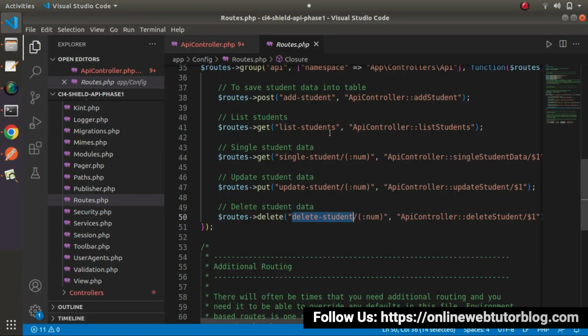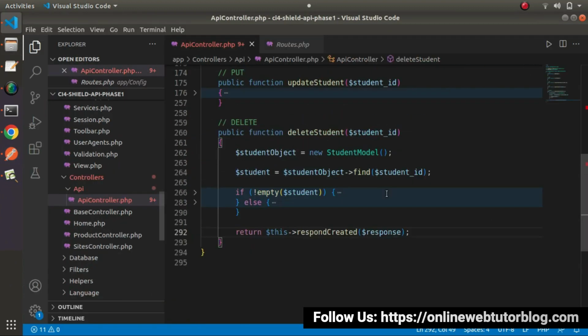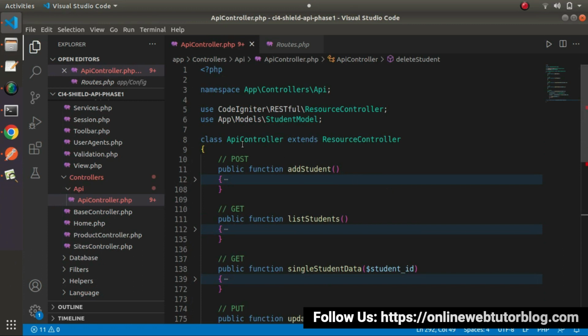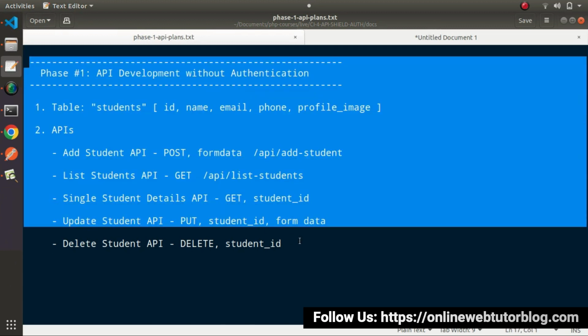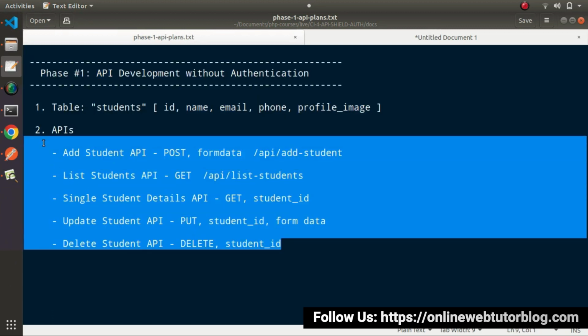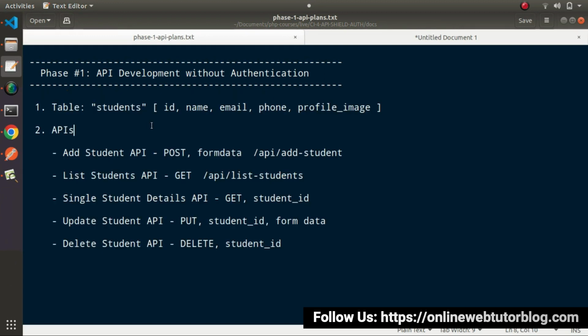So successfully, step by step, we have implemented all the methods of this API controller class. And finally, we have completed our first phase of API development, where we have seen a lot of concepts of CRUD APIs. So hopefully from the next video, we'll start the second phase of API development, which is the most important section of this course, and that will be API development using